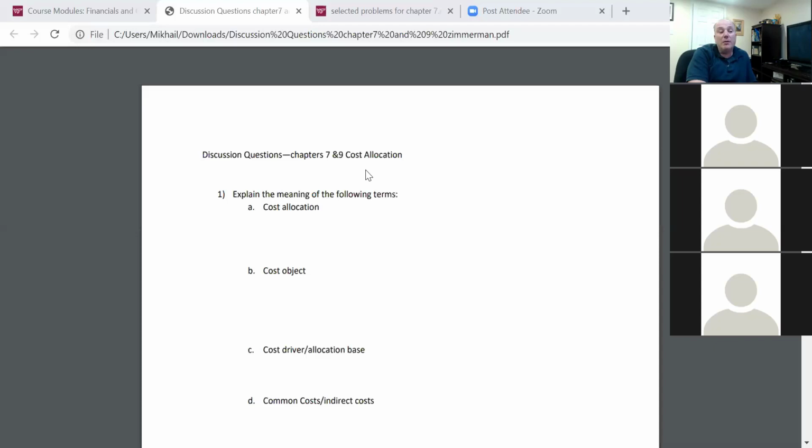Now, what about the dean of the MBA program? That's a fixed cost. It's a joint cost, his or her salary. Think of it this way.